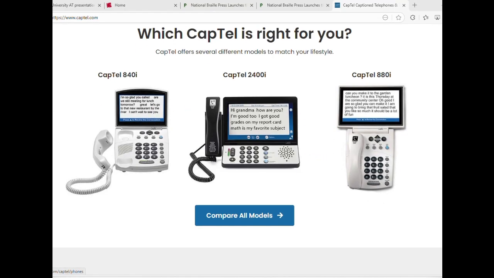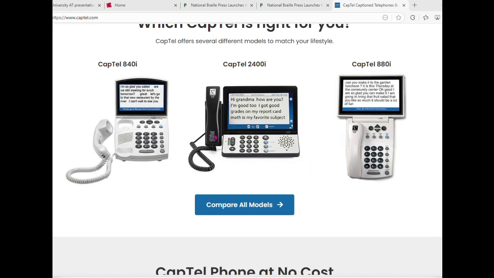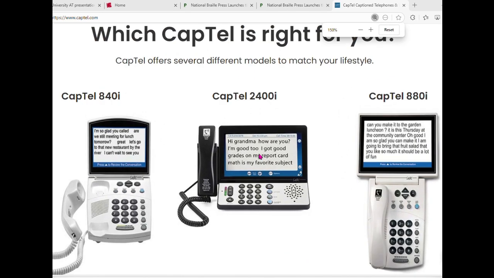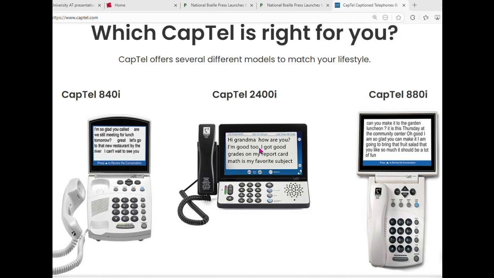This is one brand of CapTel, like live captioning, for example. This is between two people: the hard of hearing person will receive a phone call, and they can't hear it obviously, but they can read what's on the screen. If they're able to speak, then they will speak their responses, and the other person on the other line can hear them okay. For example, this one is saying hi grandma. So the granddaughter or grandson is talking to his grandma, and whatever he or she is saying, grandma can see on the phone. Then grandma talks back, and they can hear her okay, obviously. If grandma is unable to talk back,